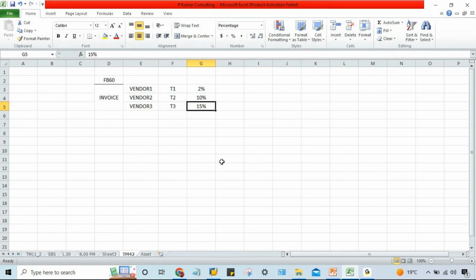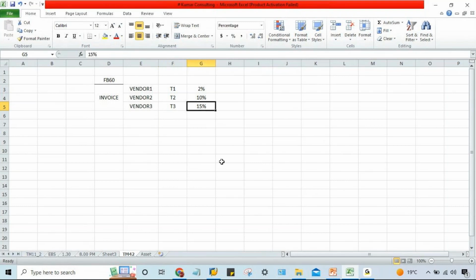So if anybody asks that we are having multiple vendors, and let's suppose for every vendor a different tax percent is supposed to be deducted, in that case, how is SAP going to remember how much tax percent is supposed to be deducted from this vendor or that vendor? So it's pretty simple, guys, because we have to define a tax code, and that is going to be assigned to the vendor master. When the invoice is going to be posted, the invoice will be posted against a particular vendor. So once the vendor number is given, SAP is going to fetch this tax code from the vendor master itself. Okay, so SAP came to know T3.